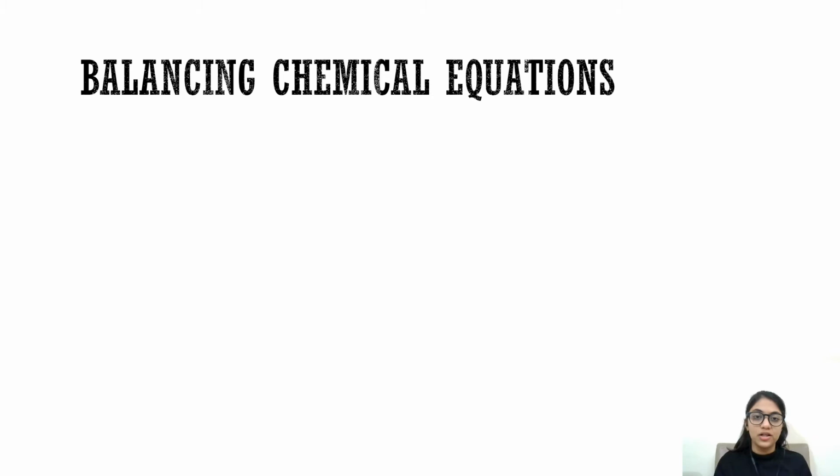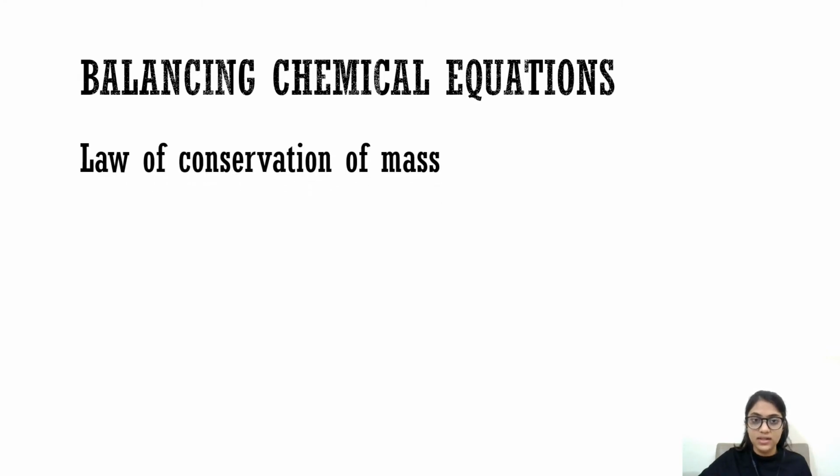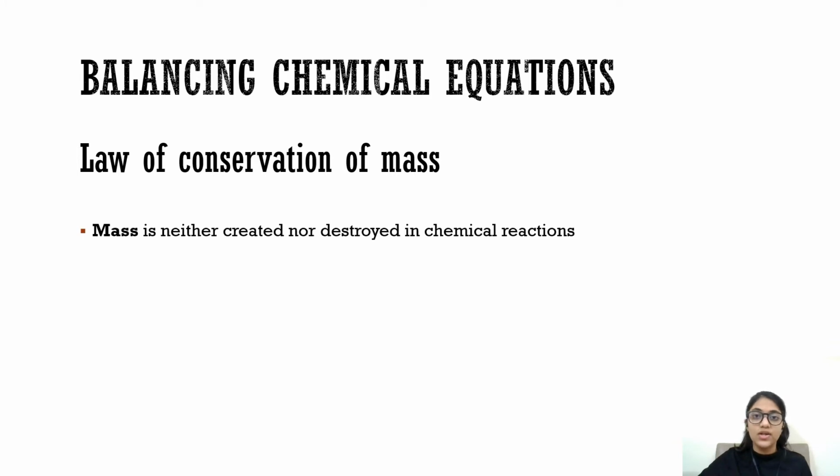Now, before I go on and show you how to balance chemical equations, you may be wondering why we need to balance chemical equations and what this whole balancing business is about. Well, to understand this, you need to revisit the law of conservation of mass. The law of conservation of mass states that mass is neither created nor destroyed in chemical reactions. What this means is that the total mass of all the substances combined at the beginning of the reaction will be equal to the total mass of all the substances combined at the end of the reaction,